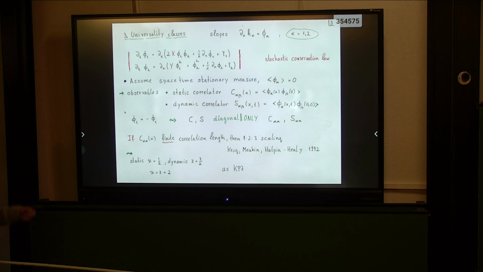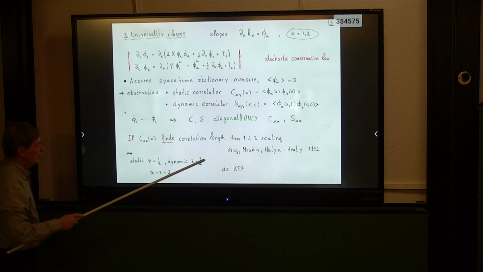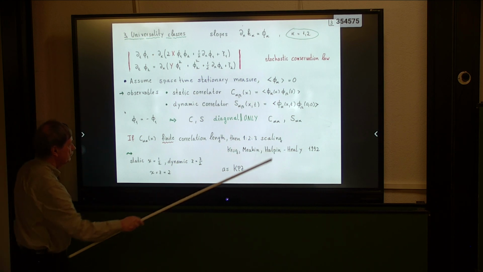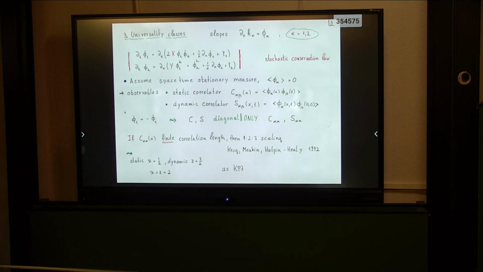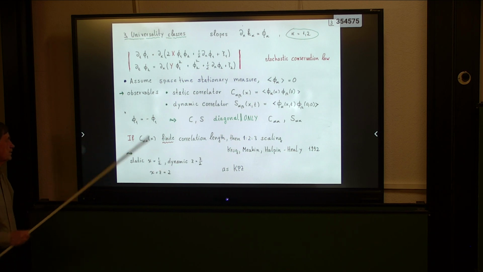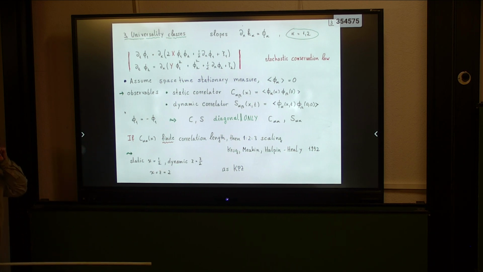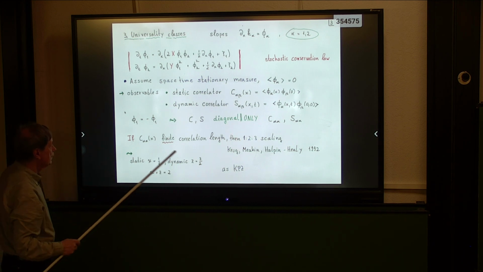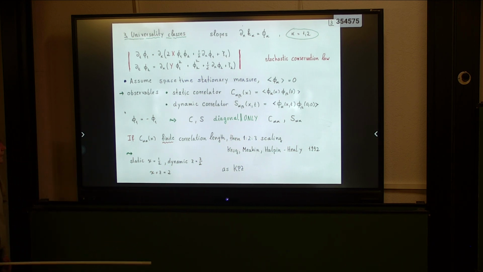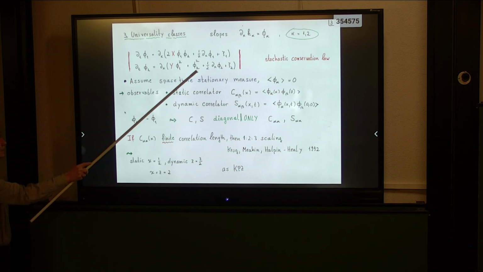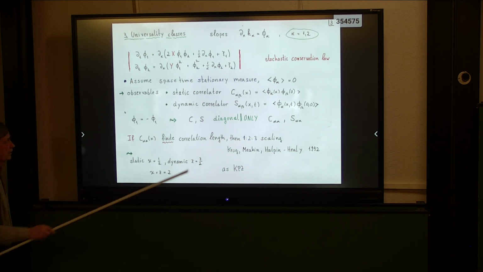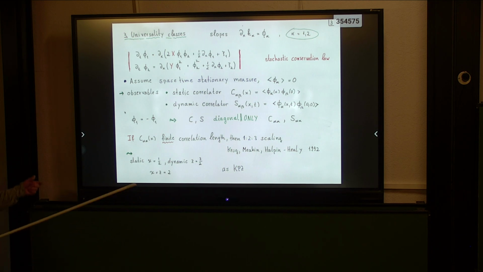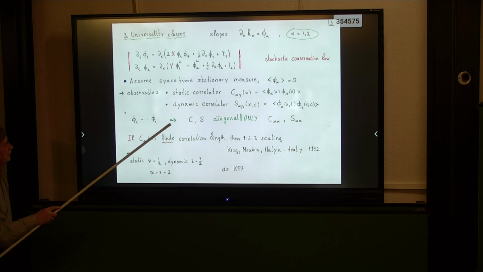And now, of course, we can repeat the same kind of argument. I put here this reference. Maybe that's not exactly precise, but anyway, they were already looking at the scaling problems for the one-component system. Now you can just copy what they were trying to say, and because the structure of the equation hasn't changed so much, you find indeed this 1-to-3 scaling. And from this, as before, I assumed that the